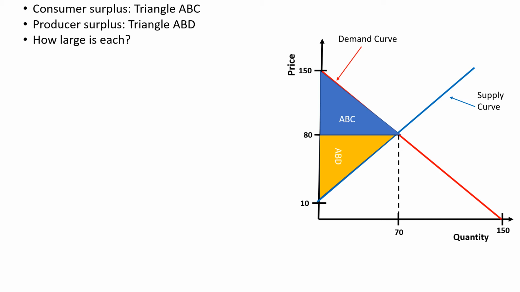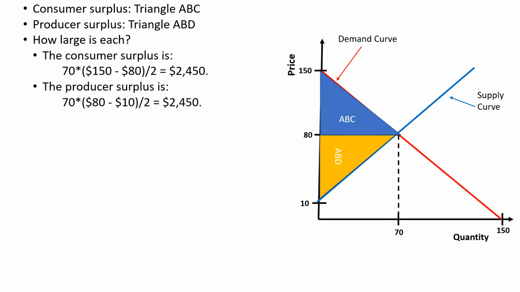In the case of the consumer surplus, that calculation is 70, which is the base, multiplied by the height, which is 150 minus 80, divided by 2, and that gives us a value of $2,450 as consumer surplus. Similarly, for the producer surplus, the base is 70, multiplied by the height, which is 80 minus 10, divided by 2, and that gives us a value of